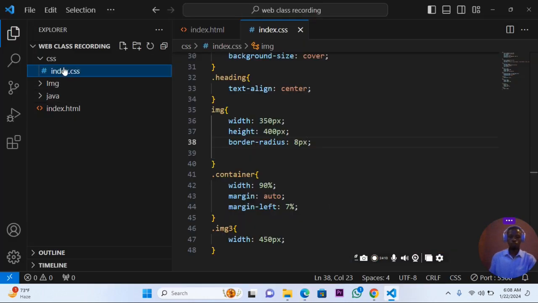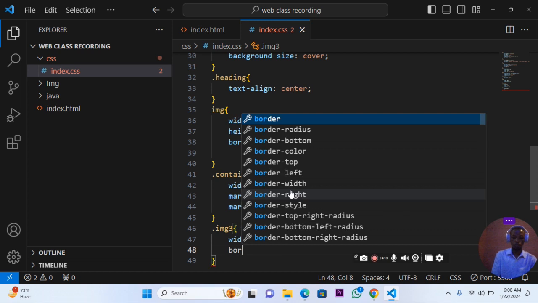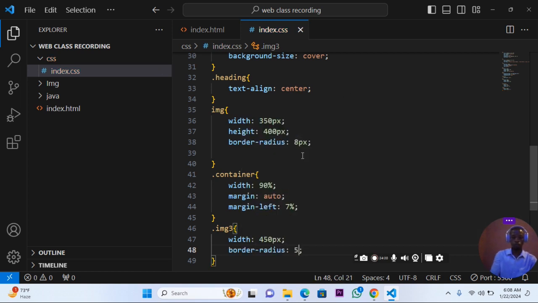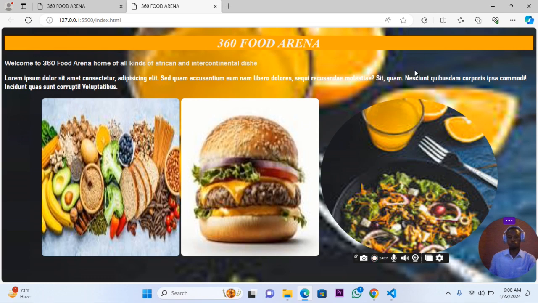So I go back to my CSS. I think this is the class name, img. What I'm going to do here is declare its own different border radius, and like I told you, you make it 50%. You make it 50%. So you can come back here and you discover what you have been able to achieve. All right, so the next thing is